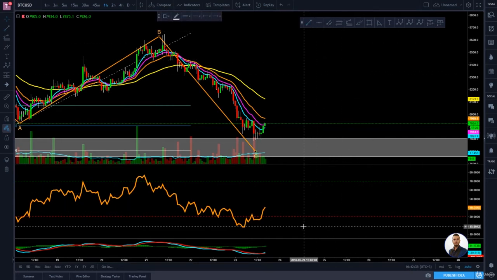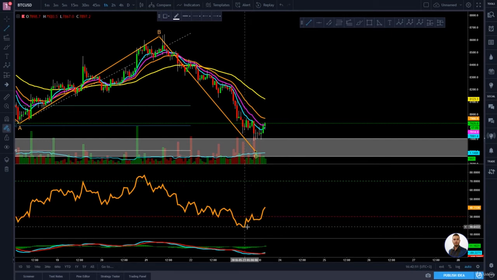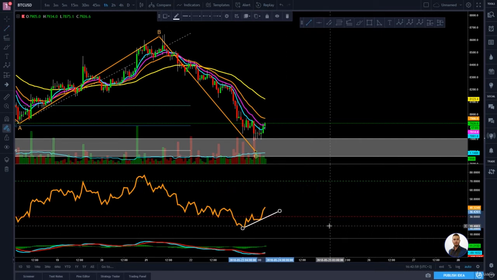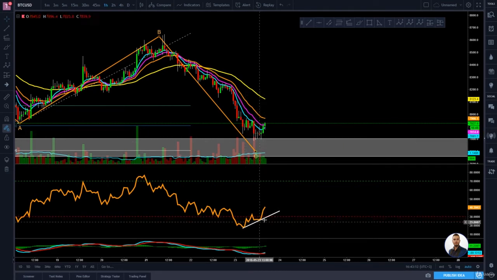And when we reach a very oversold region, we cannot sustain for a long period of time in that area, as well as in the overbought examples that I presented previously. So let's take a look on the RSI right here, and what we see is that we hit this low on the RSI here of near 17. And from that point we will wait for the RSI to start making a bullish divergence. On the price chart, we see that when we hit 17 on the RSI, this candle's low reached $7,867 per coin, but we are waiting for the RSI to make higher lows to see a bullish divergence,